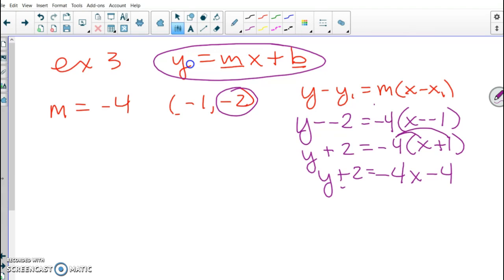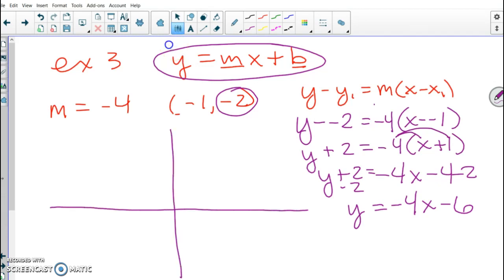Isolating y means we're subtracting that 2 from both sides, and we end up with y equals -4x minus, hang on, we got -4, -2, we have -6. You guys can see we've done this before. This is just as quick and easy to sketch a graph. We know that our y-intercept is at -6, so we plot that point first. That is our b value. B comes before M in the alphabet. So we plot the b, and then we use our slope,